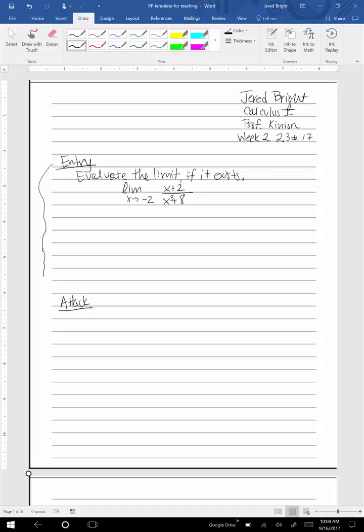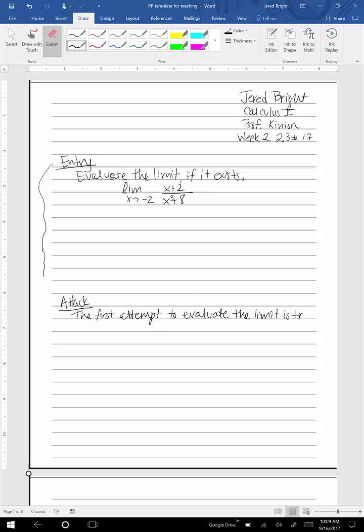Alright, so the goal of this problem is to evaluate the limit. If it exists, I'm going to tell you that it does. And so I might just start off with, again, I've already done the math on the side. I might start out by saying the first attempt to evaluate the limit is to,